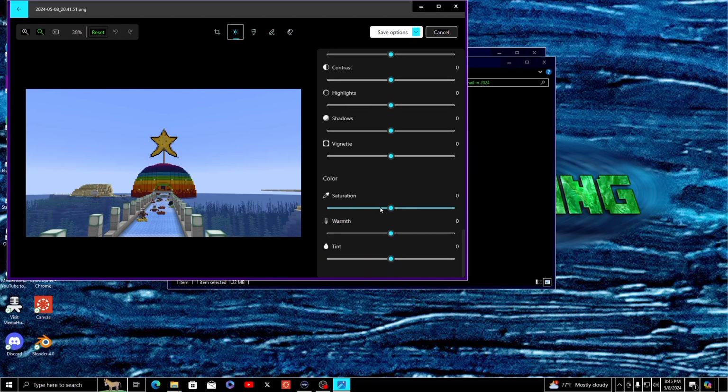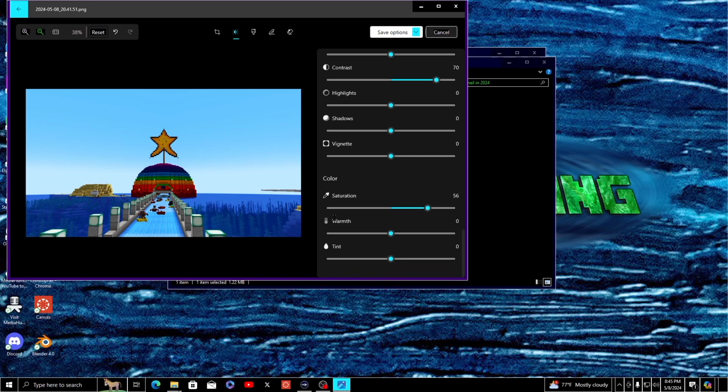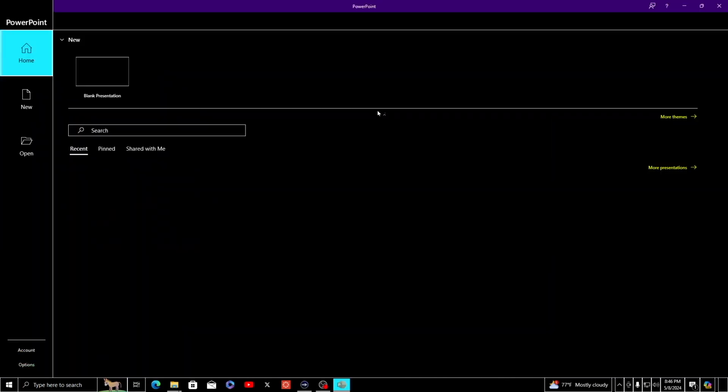I'm going to go down to saturation, and this is YouTube, so I'm going to pump that saturation up. Not that much. Whoa. I'd say about here. We can go up to the contrast and adjust that a teeny bit, and that should do it. I might pull down the saturation just a teeny bit. Now we're going to go ahead and save that in place,